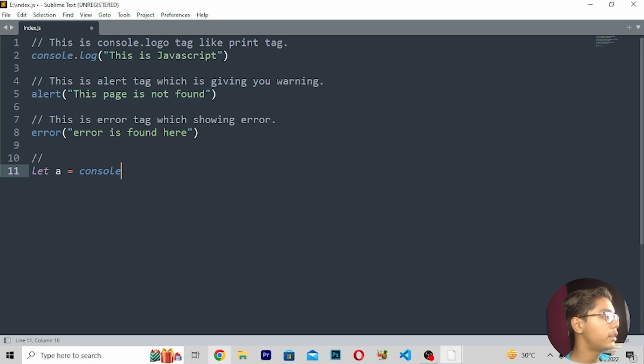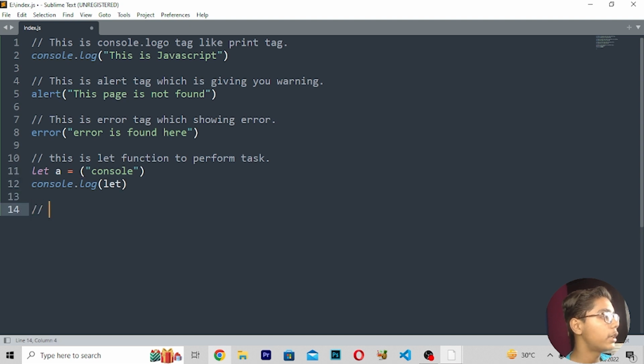Now you have to do one thing: let a equals console, then move down and write console.log. When you write this let in this tag, it will print this console here. So I will write: this is let function to perform task, like this. Now when you've written this, it will show you all these things, and you can work with this.